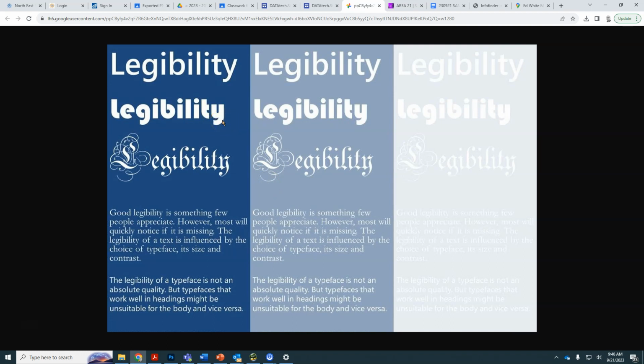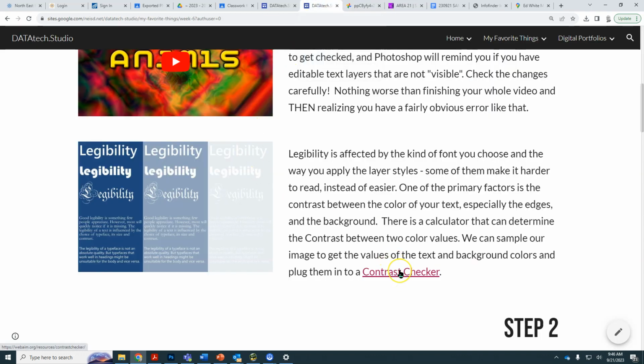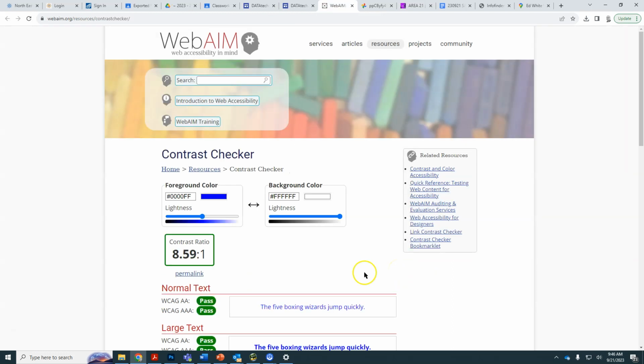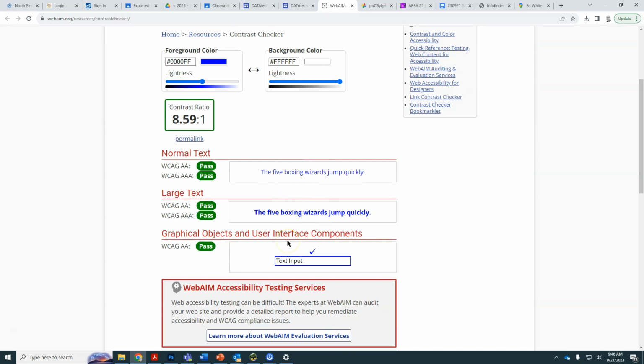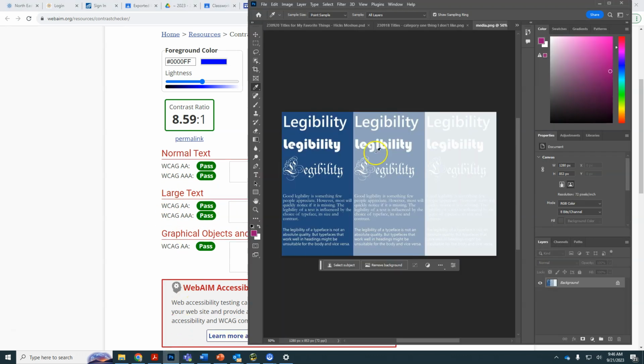Now there is a way to measure that, and we can use both Photoshop and this contrast checker that I've linked here on our web page. So what it has is two colors. These are color codes. These are hex codes for every color in the world, and by default we've got a dark blue and a white background, and you can see the examples here. So we're really talking about the large text because we are making these words as big as will fit in the safe zone. So I've opened this up so we can do a sample of how to measure the contrast